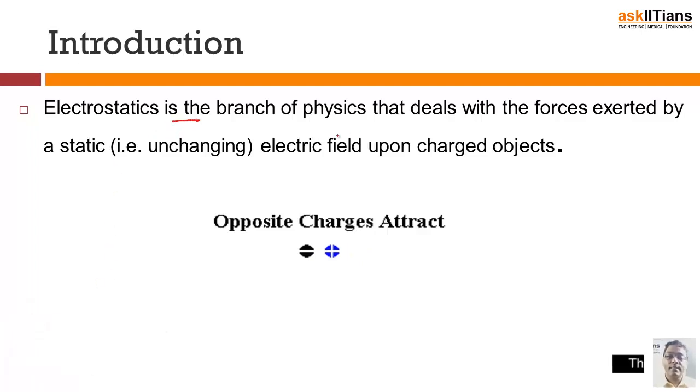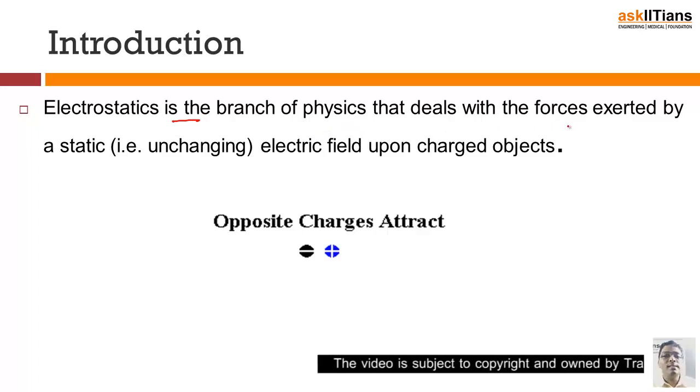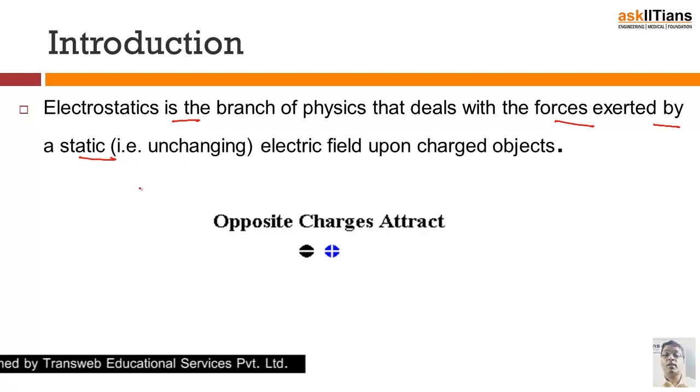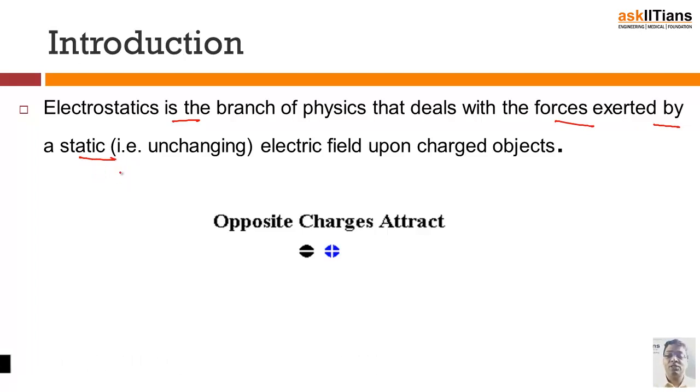Electrostatics is the branch of physics which deals with the forces that are exerted by static charges. Please understand, when we talk about electrostatics, it is the static charge and the static electric field that is produced. The most important thing to understand here is that there are two types of charges. One is defined as a positive charge, the other as a negative charge. Just like opposite sexes get attracted towards each other, similarly, opposite charges get attracted towards each other.